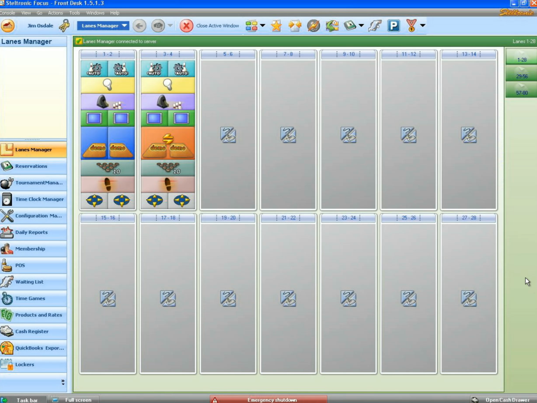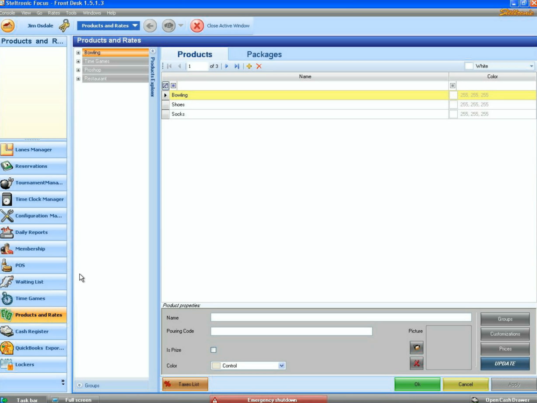In today's demo, I would like to talk about products and rates and how to create a new rate for bowling. Let's click over here on products and rates. And in the upper left-hand corner, we're going to have bowling. I'm going to click on the plus sign next to bowling, and I'm going to change the price for a